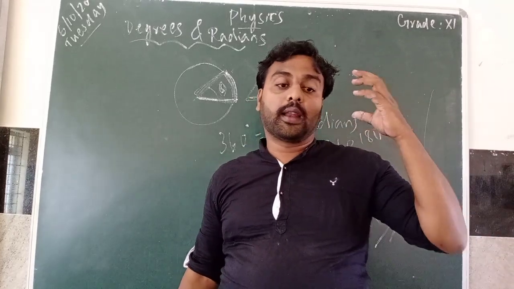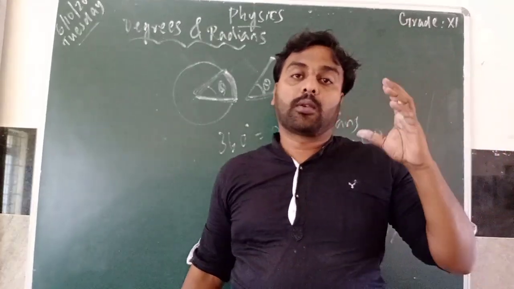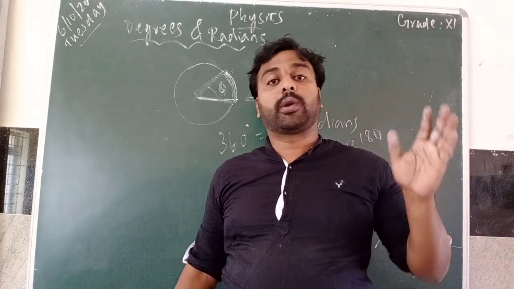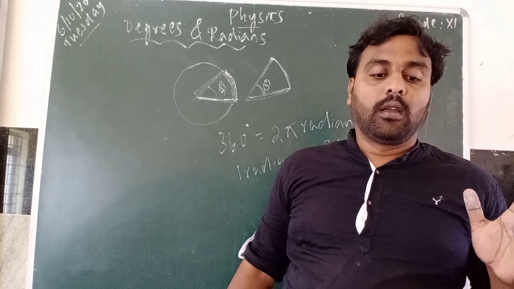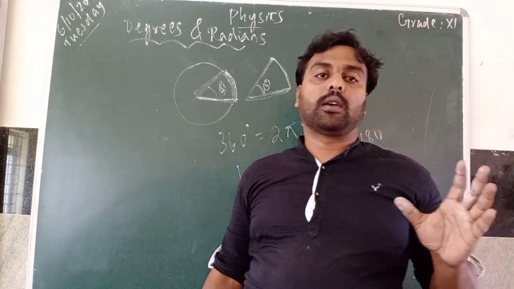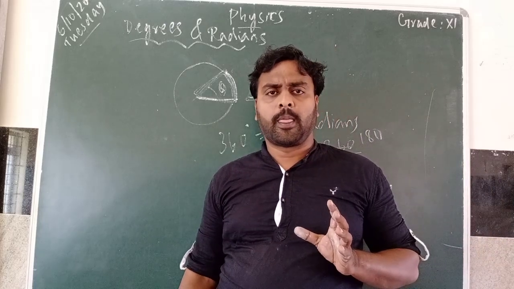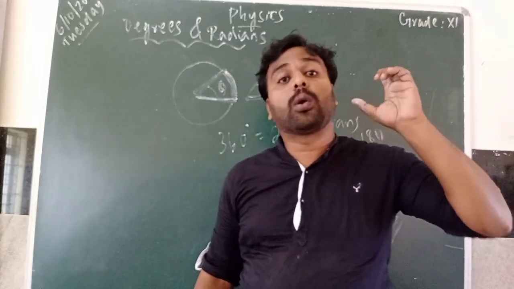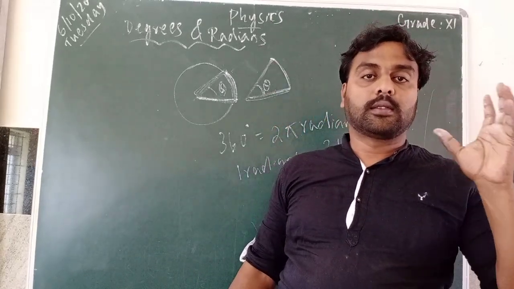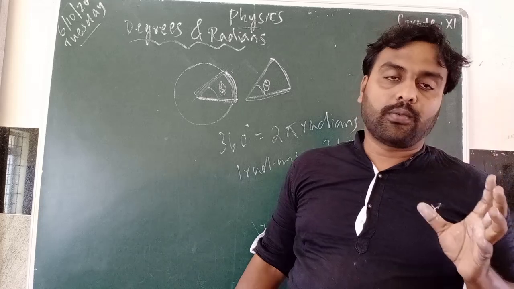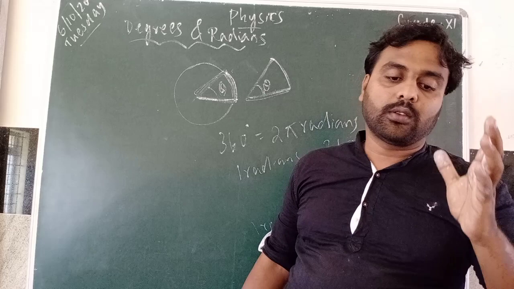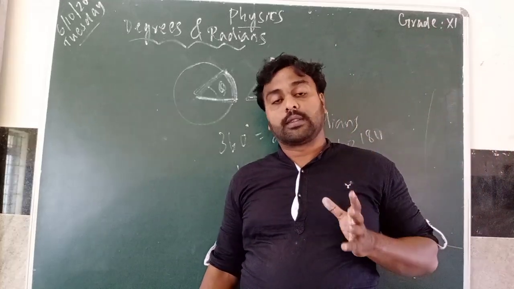You describe it as the planar angle subtended by a circular arc at the center of a circle. How can you define radian? It is defined as the length of the arc divided by what? The radius of the arc. How can we define 1 radian? 1 radian is the angle subtended at the center of a circle by an arc that is equal to what? The length of the radius of the circle.